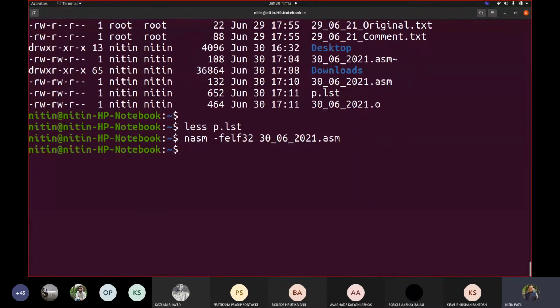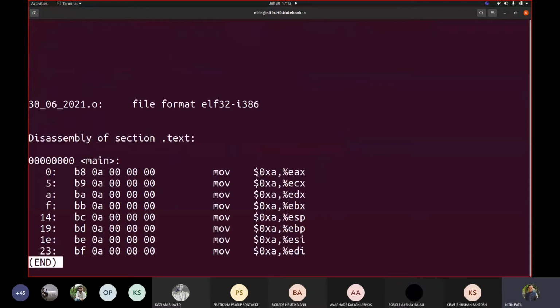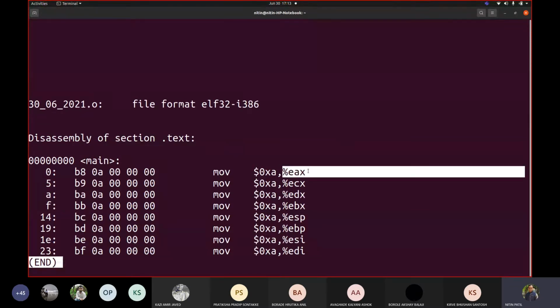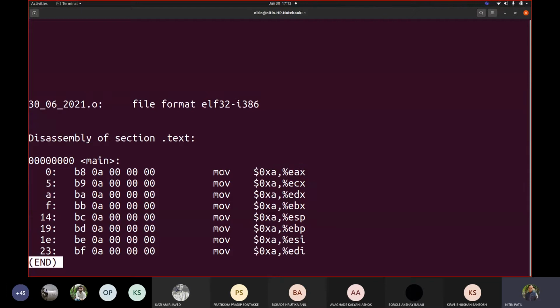Now I will try to show you another form of it. If I generate object code and write objdump -d and your code, you will see it is in a different manner. This 10 is here and your destination is there. So the order of operands is changed. It is because of the Berkeley format, which says the first operand should be source and this should be destination.